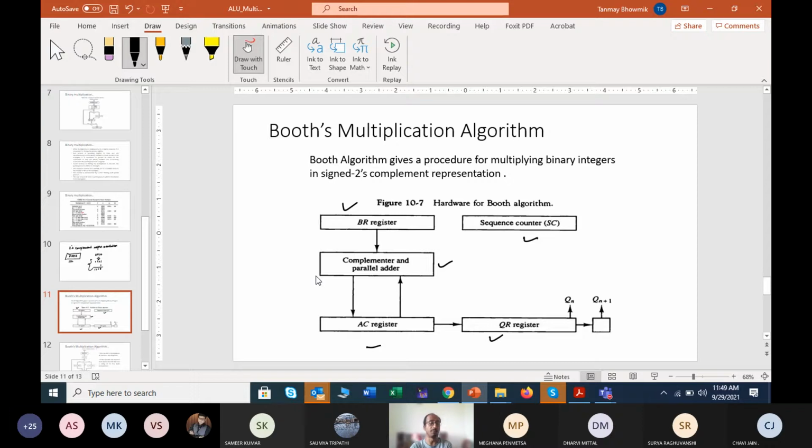So at that time I also told you that when we move to the Booth's algorithm part, we will need this complementing operation. Why? Because based on some other consideration, you have to decide whether you are going to perform an addition or a subtraction. Right. Now, why are both addition and subtraction coming into consideration in Booth's multiplication algorithm?